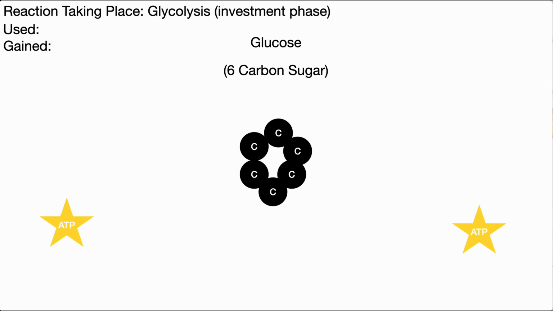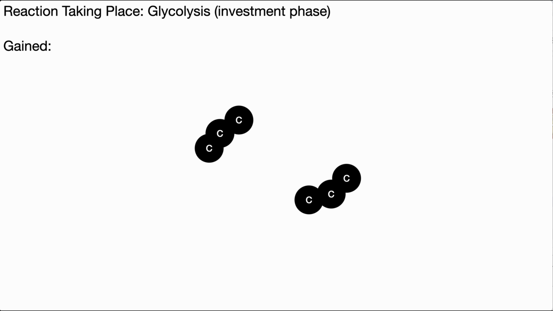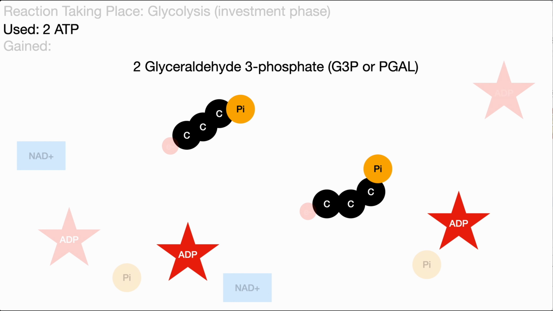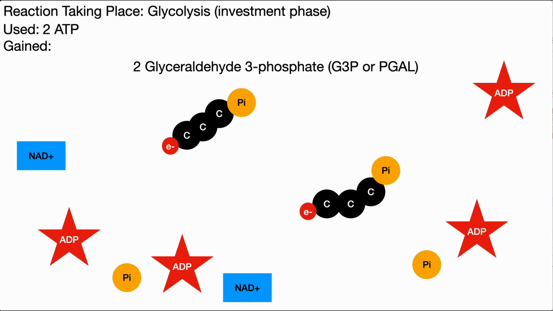We first start with the first phase of glycolysis, which is the investment phase. So we have this glucose molecule, that's a 6-carbon sugar. We're going to reduce it a little bit, temporarily reduce it. We call this oxidation of glucose, but first you gotta reduce it a little bit, right? Gotta split it apart. You need energy to do that. So you use 2 ATPs, right? And then you get your ADPs, and you're left with 2 glyceraldehyde 3-phosphates, or G3P or PGAL, whatever you want